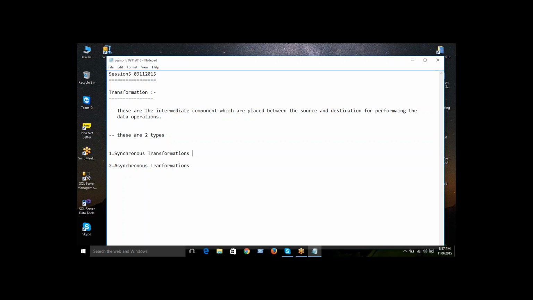While I am writing the steps, we'll discuss this. In these transformations, you should have some knowledge, because in interviews they ask this question: what are the different types of transformations? So transformations are of two types, one is synchronous and one is asynchronous. What does synchronous mean? In this transformation,